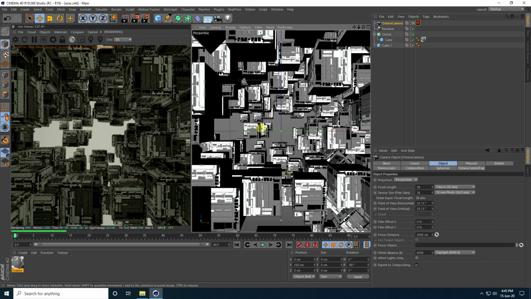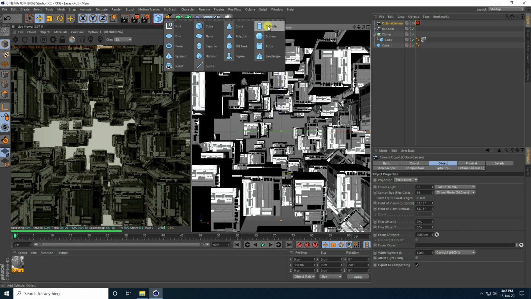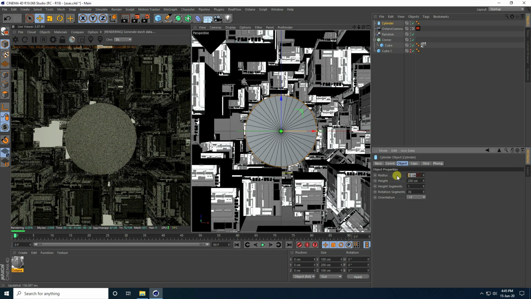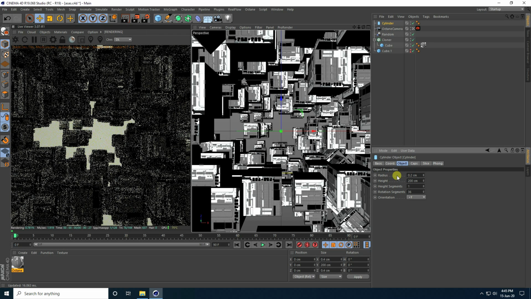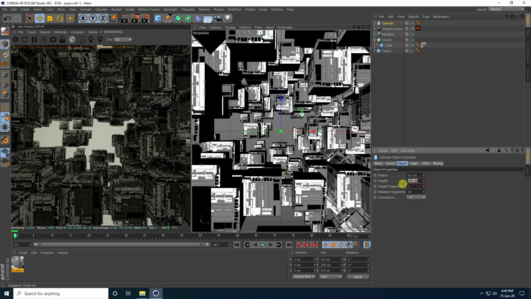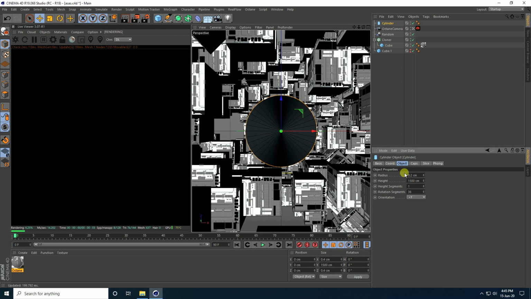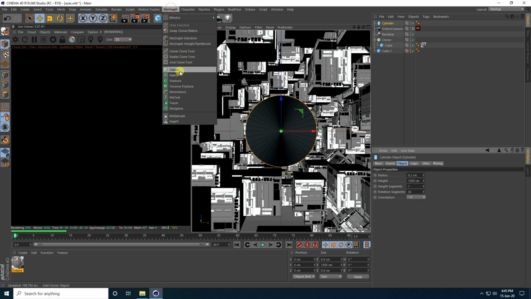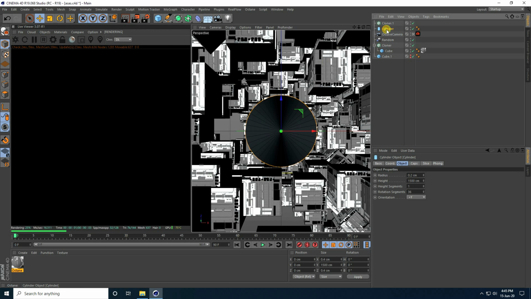Okay, so guys, now I create a strip. Use a cylinder, this one, and cylinder radius I take 0.2 and height I take 1500 centimeters. And guys, again I take a cloner, select this cylinder and make it a child of the cloner.